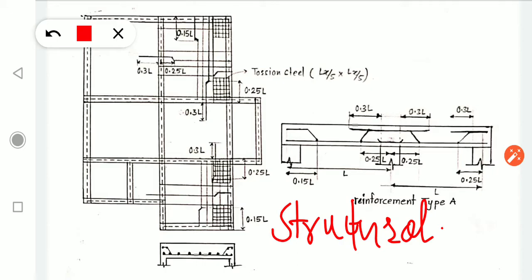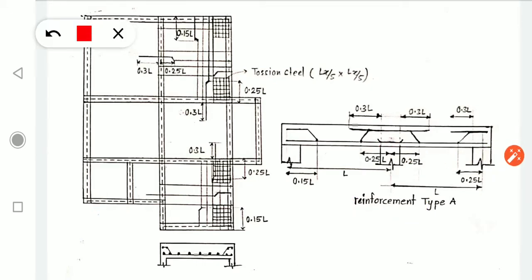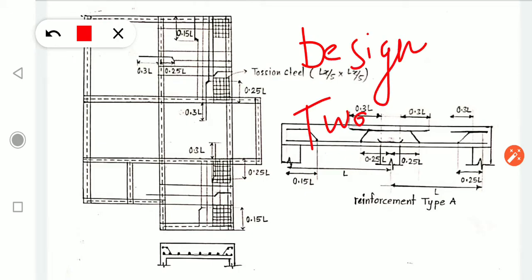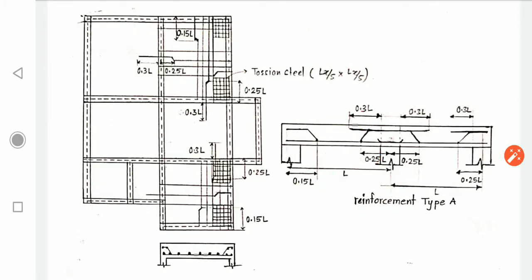Suppose we have a plan like this with us and we want to give a detailing of reinforcement in this plan, because the designer gave a designing sheet to you and asked you to give a detailing into this plan, then how do we do that? So the first assumption is that all slabs are already designed, and they might be two-way slab or one-way slab, whichever they may be, we will discuss now.